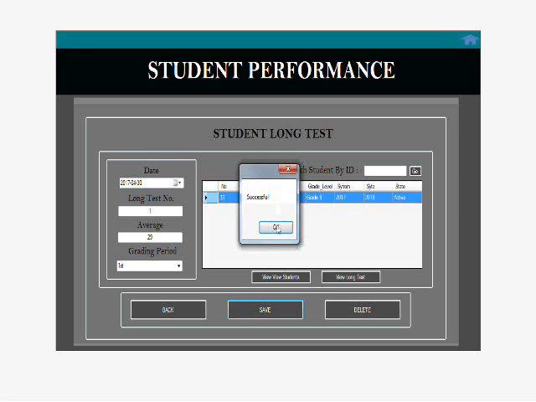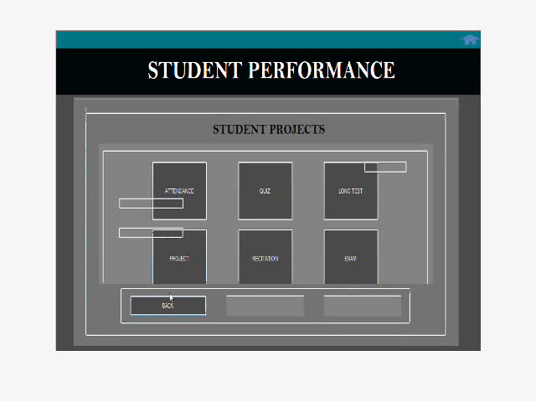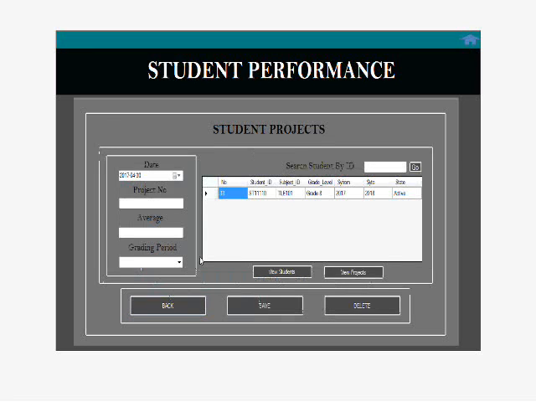Okay, it's successful. View long test. So there it is. And then let's go back. Project. Click our student. Project number. Average is 30, 39. First grading. And just click save. Okay. View project. There is our student project. Back.